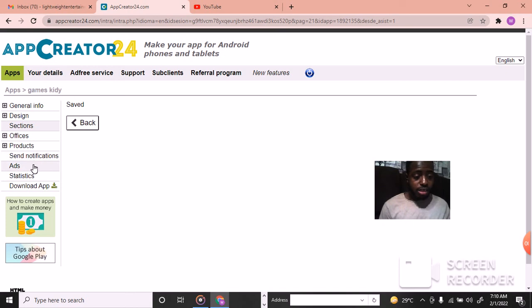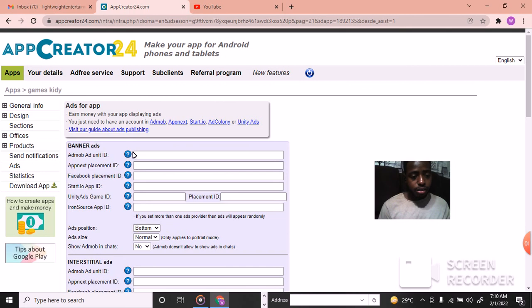So ads, let's go straight to ads. This is the main thing here. So pay attention carefully. I taught you guys how to create AdMob accounts, and I also explained this banner, its intentions, and the rest. So like I taught you guys on the AdMob, there is a unique code Google or AdMob will give to you. So this is where you have to place the code. So like I showed you guys, we have different ads, different ad units. So this is where you place that of